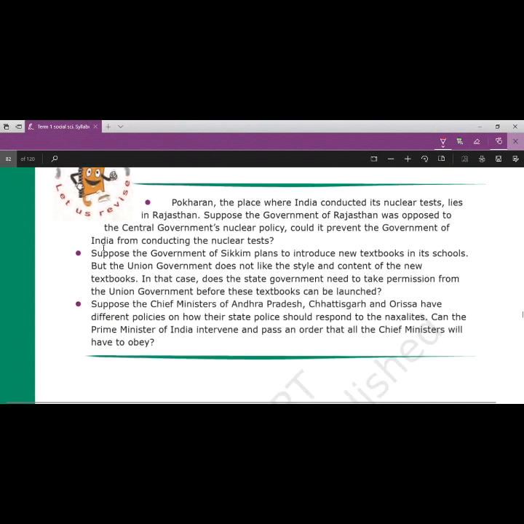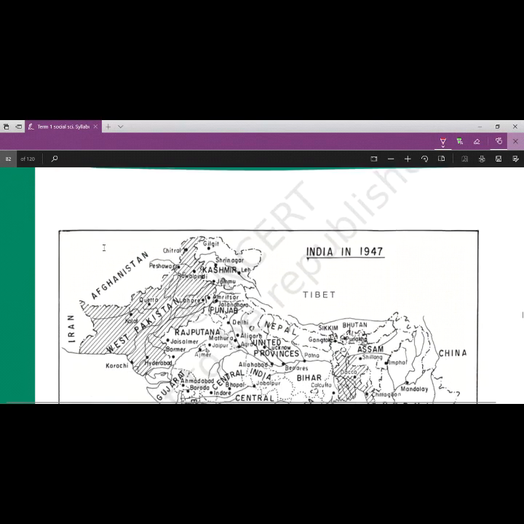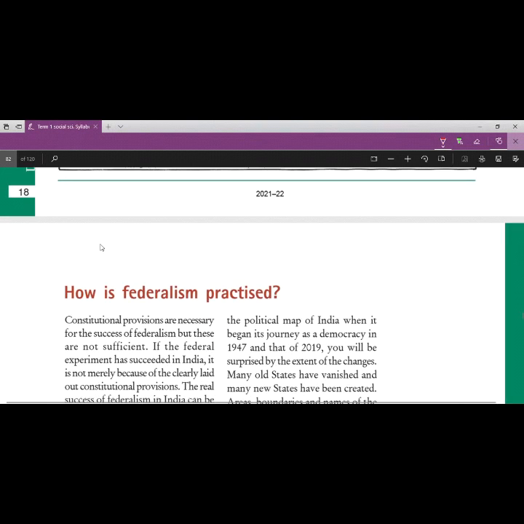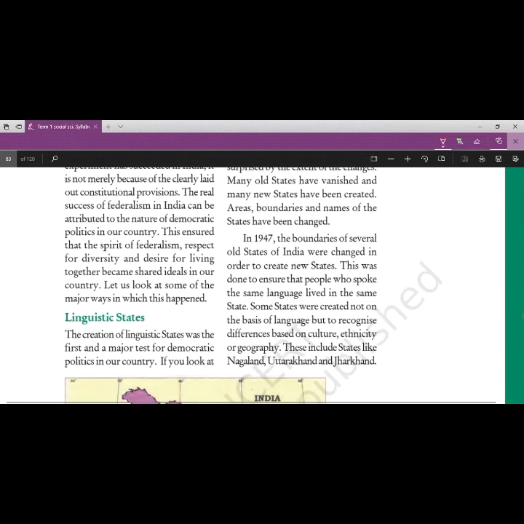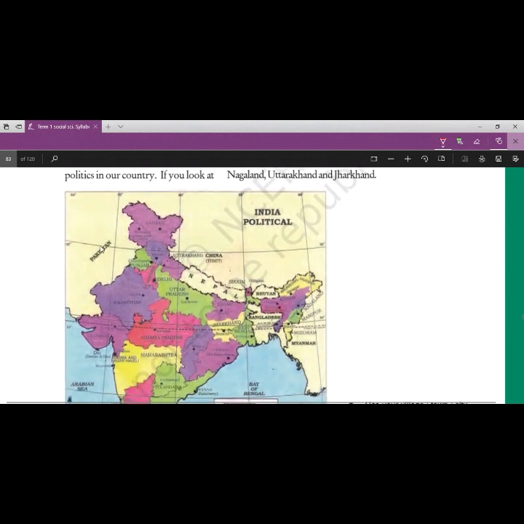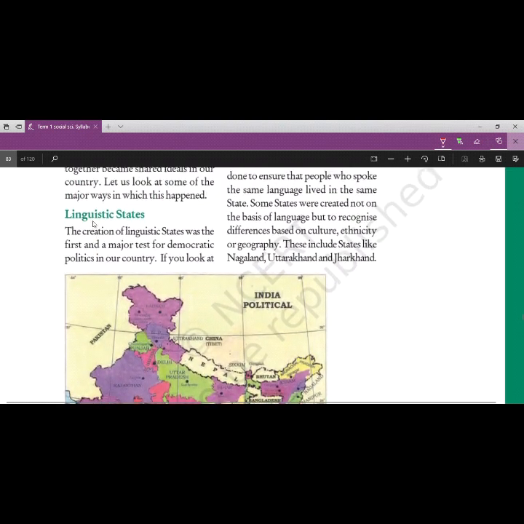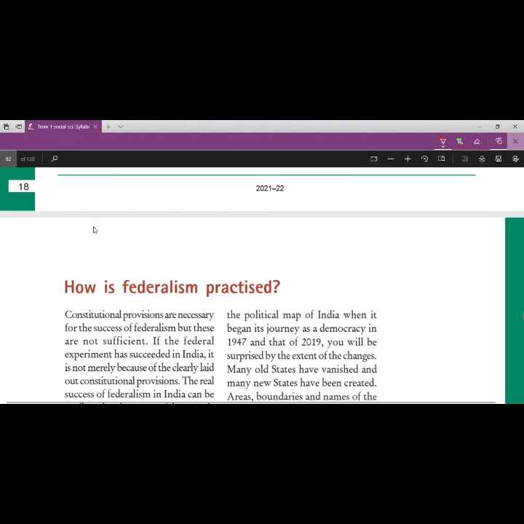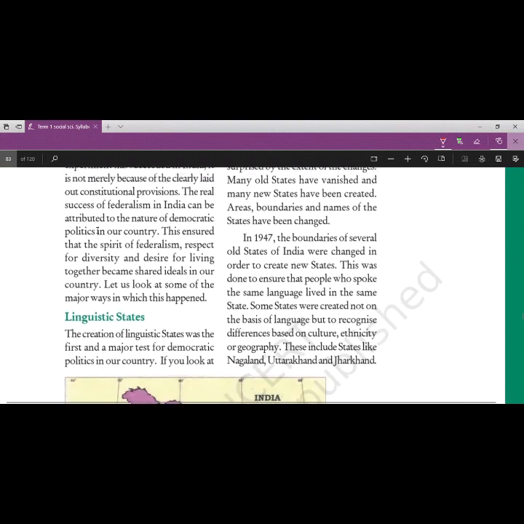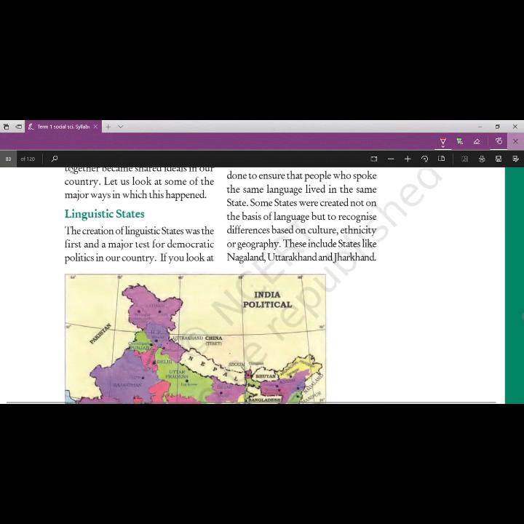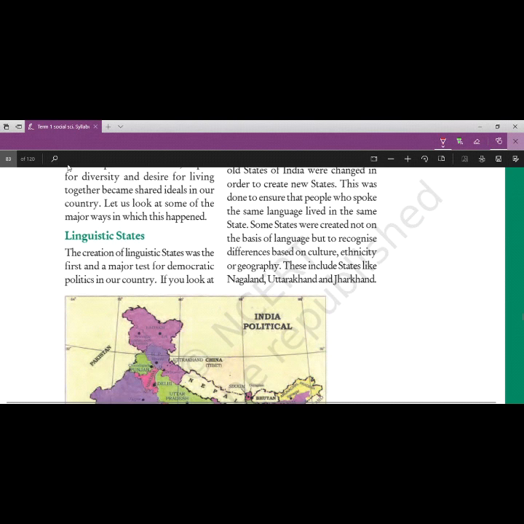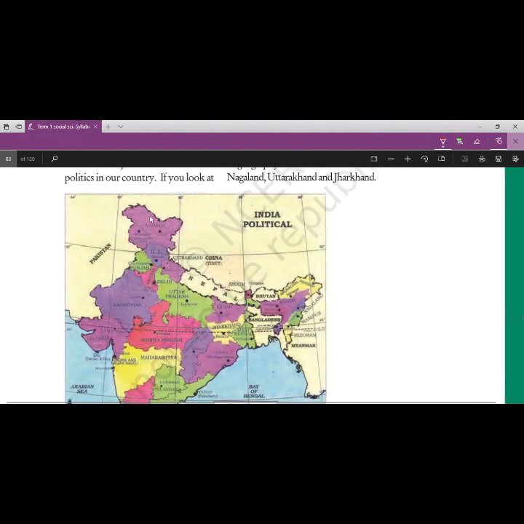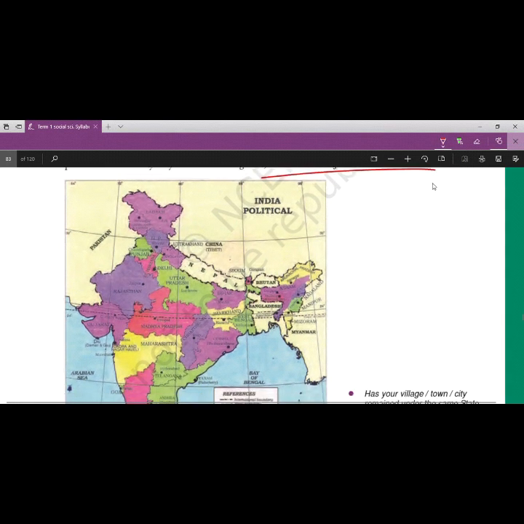And the next we have India 1947. This is the old map. Maybe you will get one question from this. How is federalism practiced? Linguistic states. From linguistic states we have one question: after 1947, the boundaries of several old states of India were changed in order to create new states. States like Nagaland, Uttar Pradesh, Jharkhand,